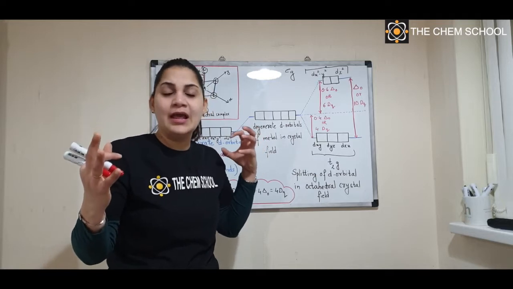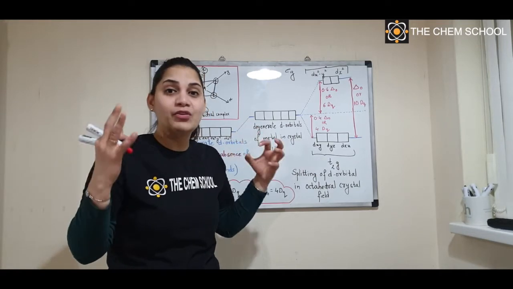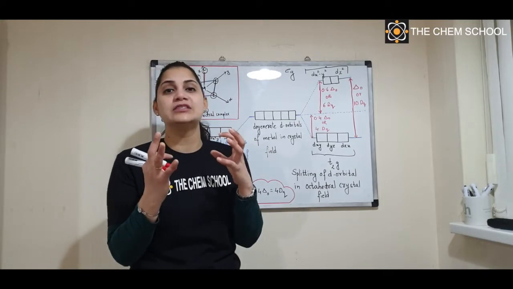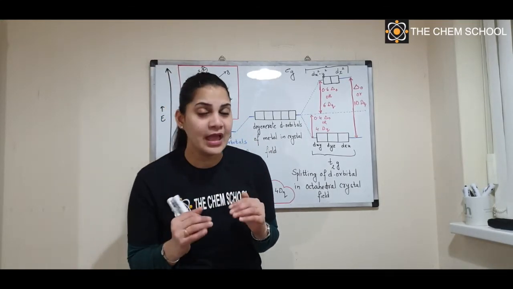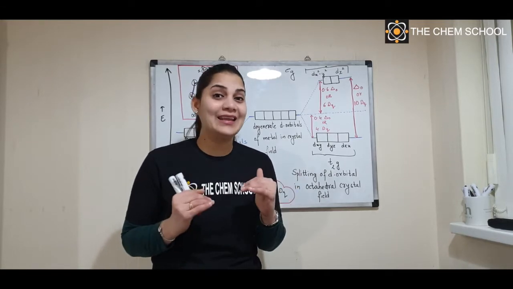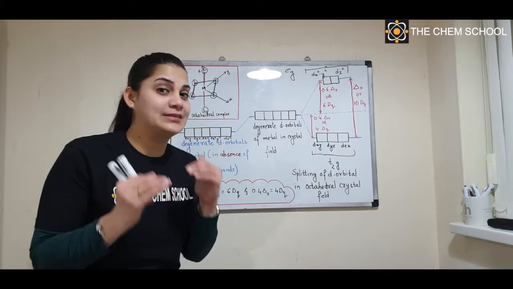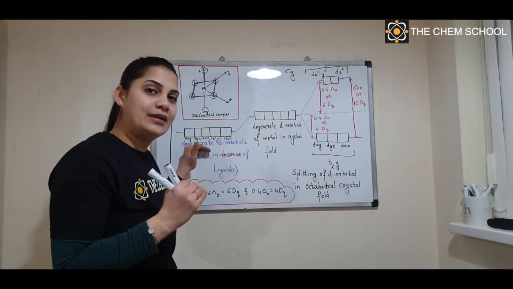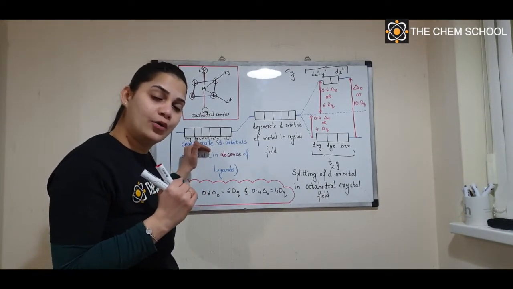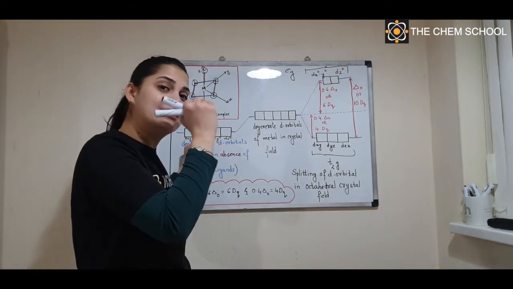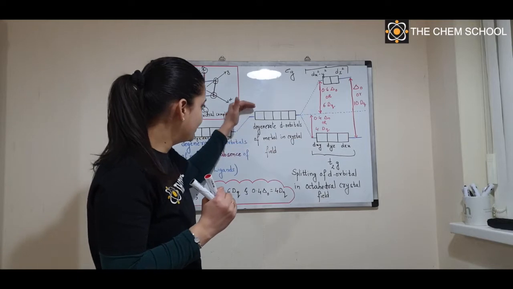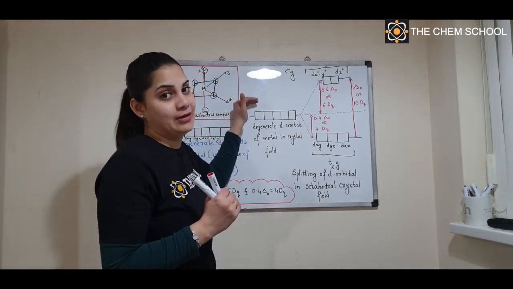Initially, the negative charges will repel each other, and when there is repulsion, the stability of the system decreases. If the stability is decreasing, the energy is increasing. That is what is happening over here. So now these degenerate orbitals have slowly risen in energy to a certain level. You can see that shift, that is, there is an increase in the energy level.